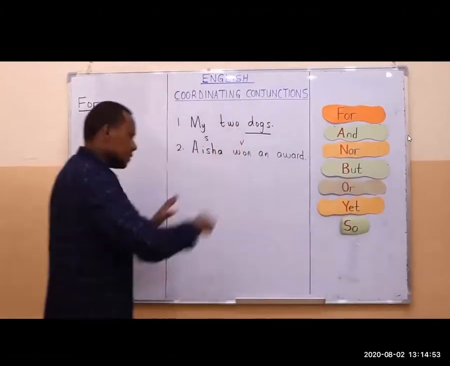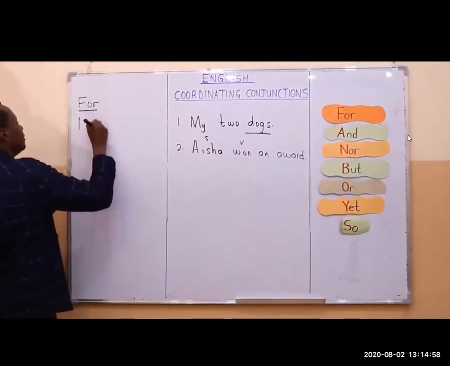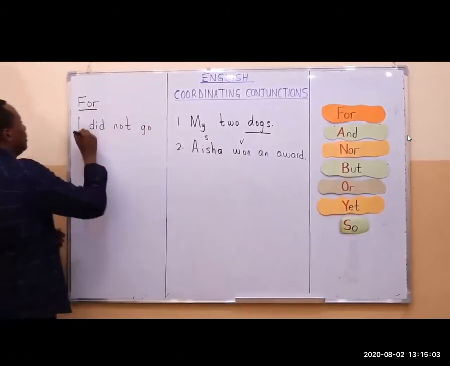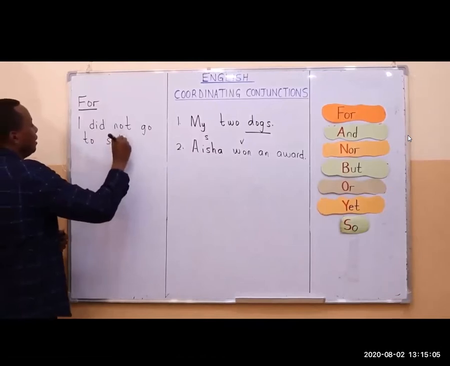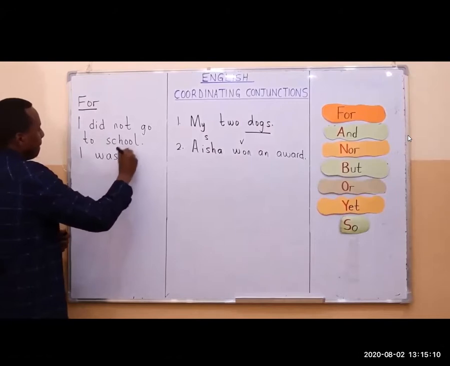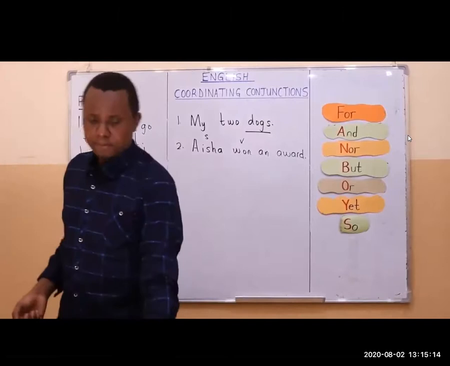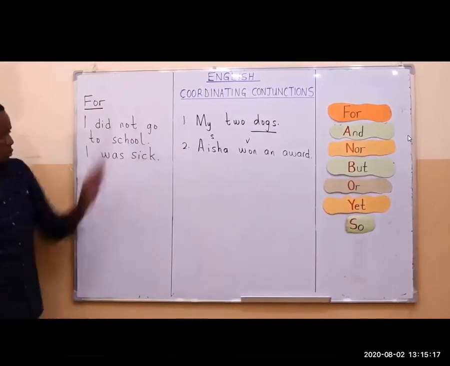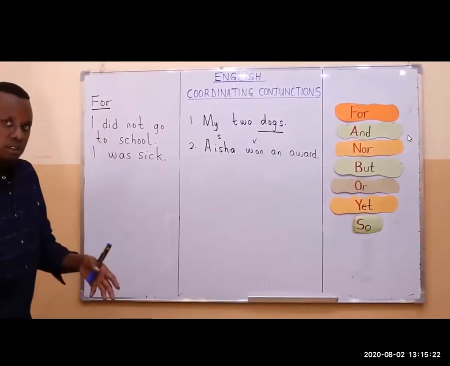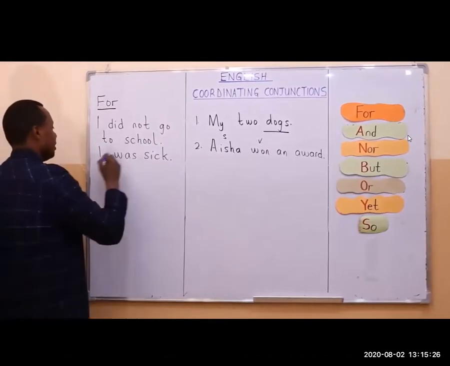Let us look at this sentence. Look at those two sentences that you have there. Now, I did not go to school. I was sick. The reason I did not go to school is because I was sick. If you combine the two of them, then you're going to have